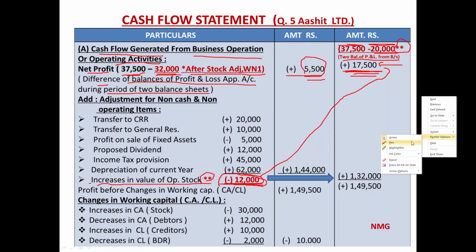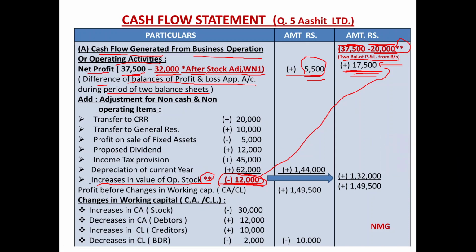Have a look. Title A, cash flow generated from business operation or operating activities. We already decided the profit of the year. Now adjustments for non-cash and non-operating items. First item, transferred to CRR plus 20,000. Then